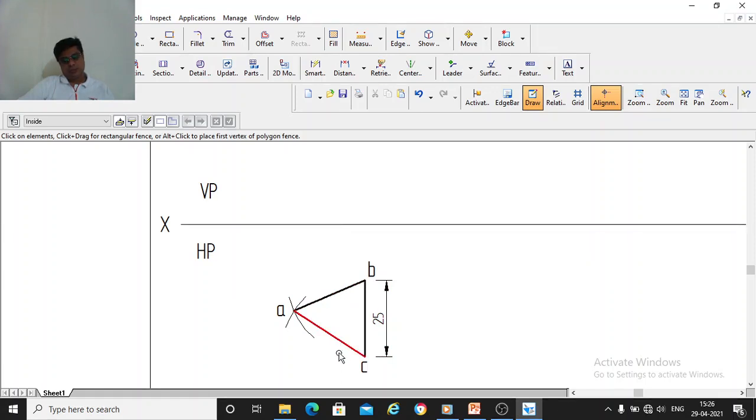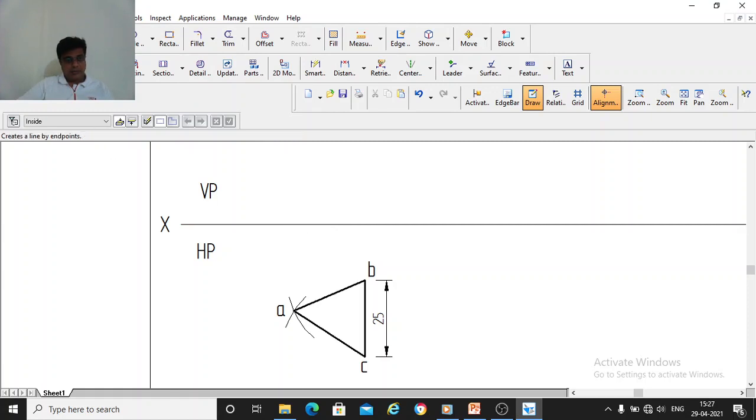So from here I am seeing now from the front here. So when I see from here, this ac will be projected and it will come on this XY line. So since the plane is on HP now, so this is HP and plane is on HP. When you see from the front, this edge will be projected on the vertical plane and it will be on the intersection of a vertical plane and the horizontal plane. So this front view of this plane, when you see from the front, it will be on the XY line. So XY line is the intersection of vertical plane and HP.